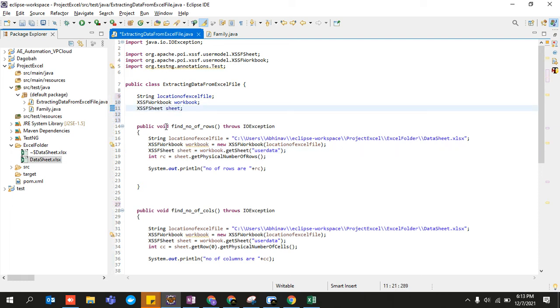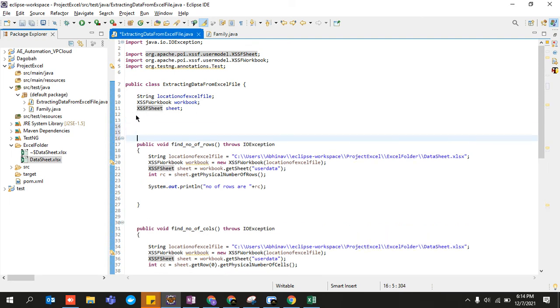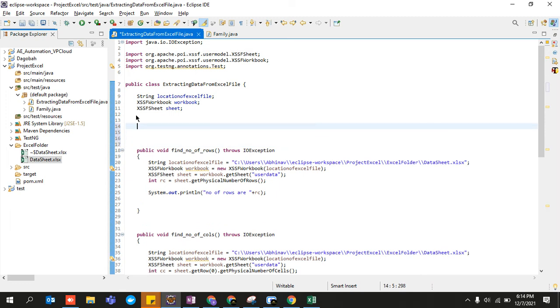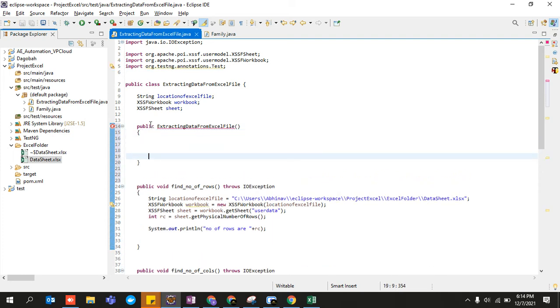Okay, there is a reason for writing each and every line of code over here. Since I have defined them over there, it means that now every time I would not be required to write the full thing like string location of Excel file. I've already defined them over here, and I would also be defining a constructor over here. How do we create a constructor? Public and the class name. The constructor gets created. Okay, so this is my constructor.